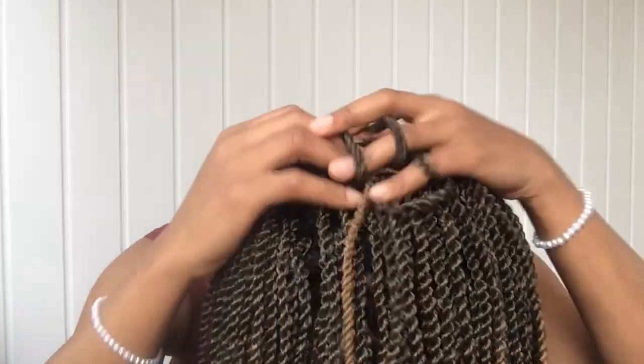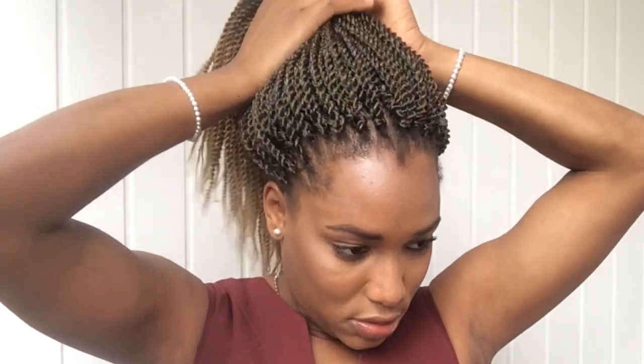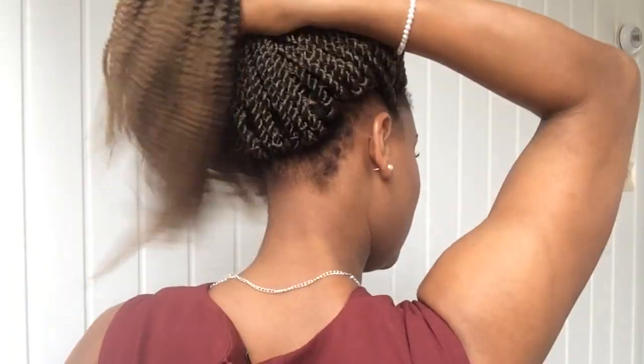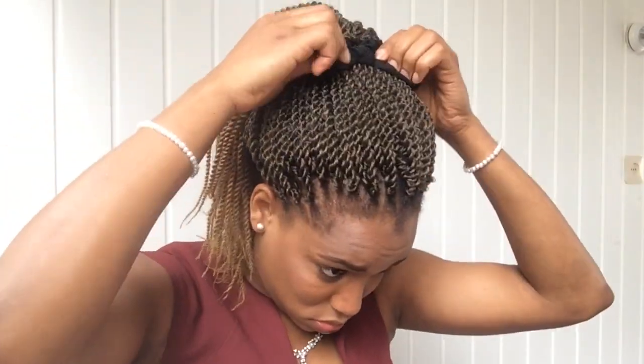And this was the next day, and I wanted to put my hair up in a ponytail. Like I said, this hair is very lightweight and very easy to style. As you can see, it moves so easily. So I put my hair up in a ponytail,